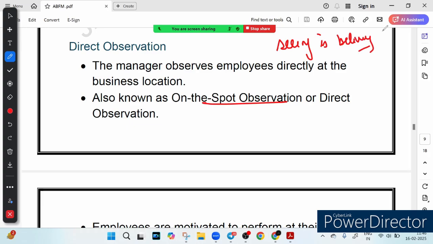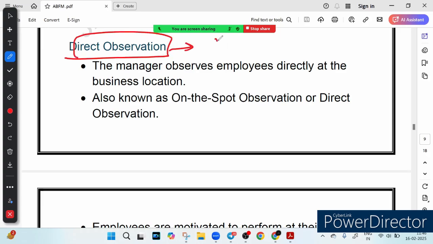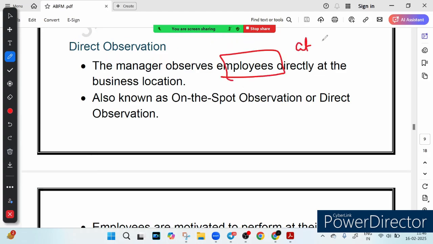So what do you think? Now we have something called direct observation. So what is the meaning of this so-called direct observation? Have you ever noticed how a business manager keeps an eye on employees, or how a company projects, predicts profit? It is all part of control technique. Let's break it down in the simplest terms. When you talk about direct observation, it just means that we keep a close watch. What is the meaning of it? The manager personally observes employees at work, right? Think of it like a cricket coach watching players during practice to guide them instantly.